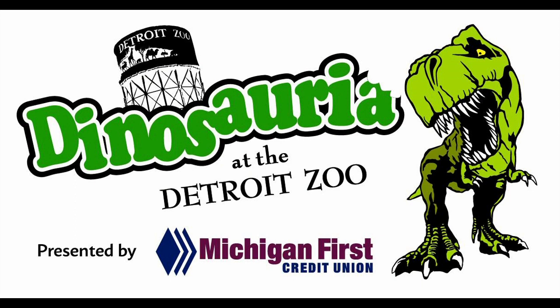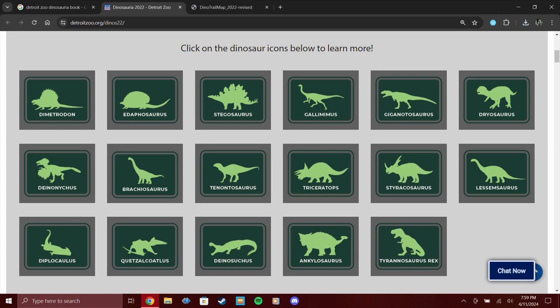I believe 2015 started this logo, and they had it again in 2018, and then they had it in 2022 when Jurassic World Dominion came out. But I didn't know this for a while. I did check their website recently to check on the updates on this stuff, and you can click these interactive dinosaurs that they had at the previous Dinosauria. I don't know if this is going to be updated or if this is going to be the same for